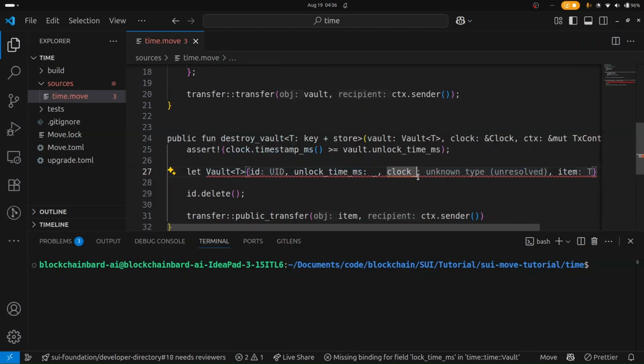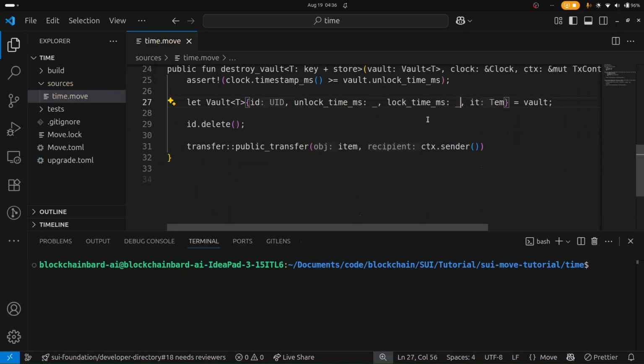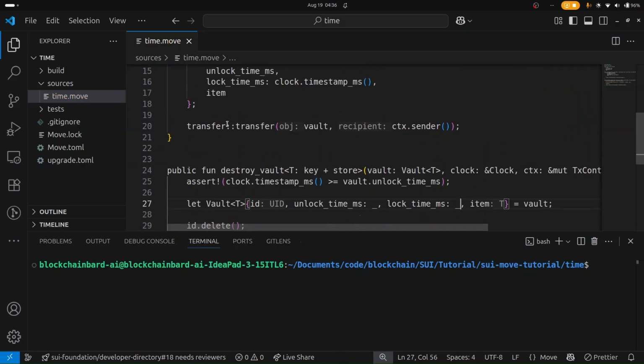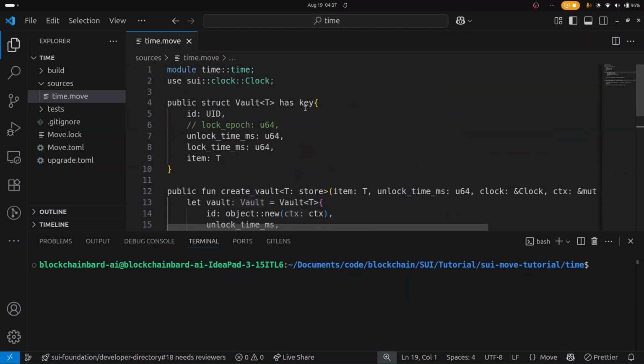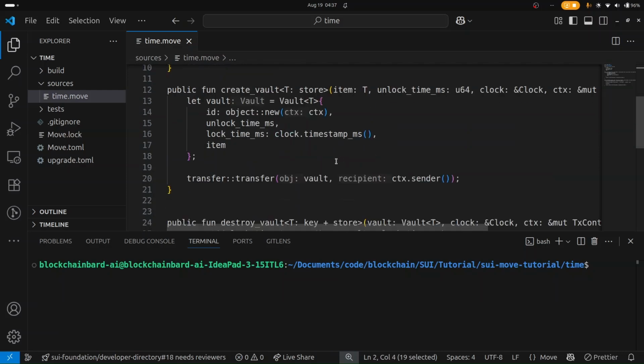So it's going to paste this as lock time milliseconds here. So that will be it. So now I can publish my smart contract and let's try it and see. So for this clock now, it is used to get our precise time. And also for the epoch, I want to measure something. I think I can also do something like